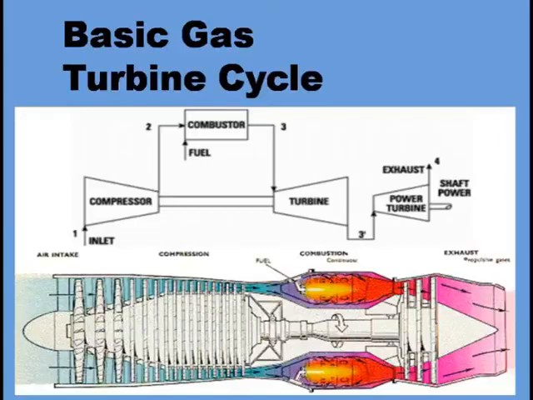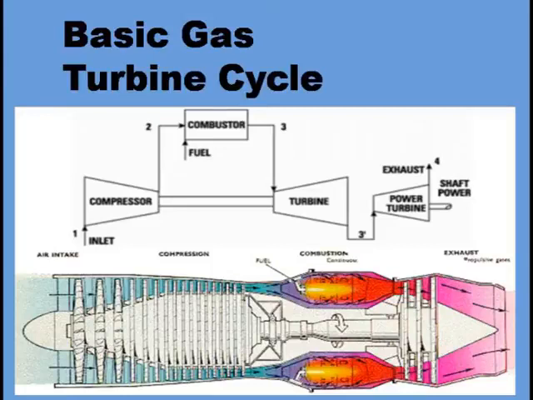Another type of mechanism I am showing you is the gas turbine. It is also an example of an internal combustion engine, where air is taken from the atmosphere into the compressor. The inlet is shown at number 1, and the compressor compresses that air. At number 2 it enters a combustion chamber where fuel is continuously injected, combustion goes on, and high temperature gases are formed there.